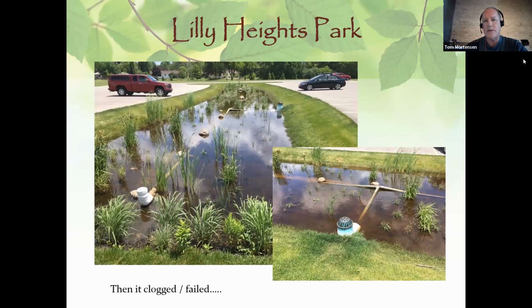I don't have all the answers, but the reason that this one failed is because we put too fine of a filter on it. We had the perforated drain tile pipe wrapped in a sock in a trench filled with pea gravel with another layer of fabric around that. It was too fine of a filter and it clogged immediately and then it inundated. So I got a phone call from the parks director. He said, Tom, we got a problem. Like this water is not going down and it's been a couple weeks. Can you come out and take a look at it? And I was like, yeah,